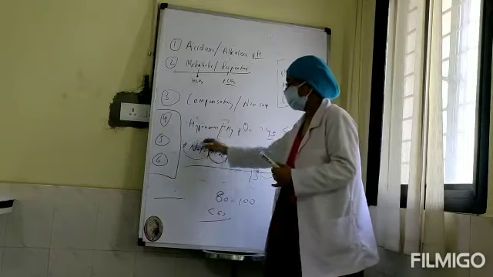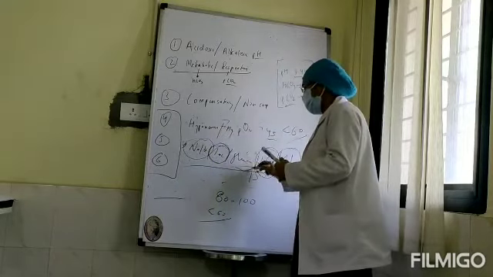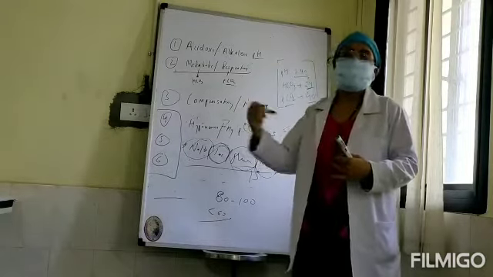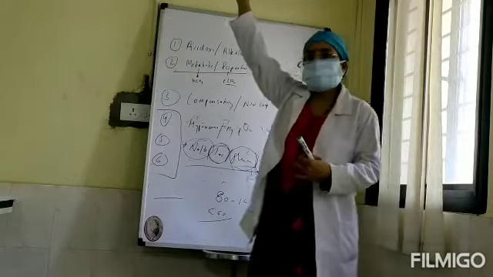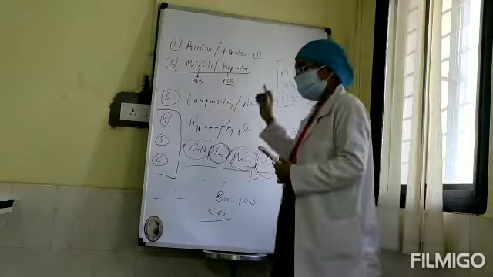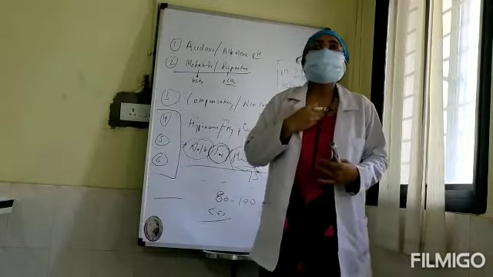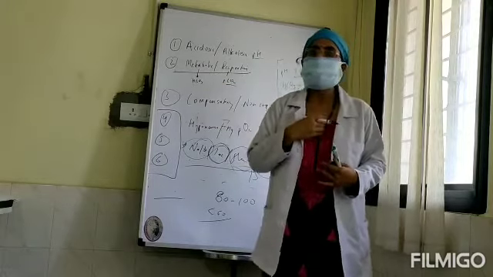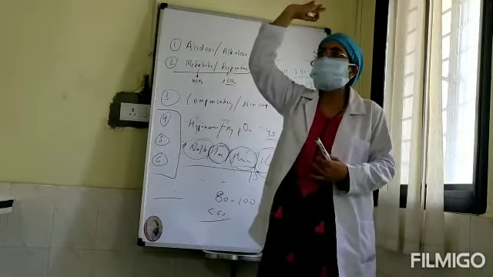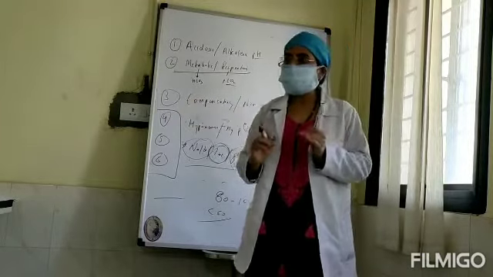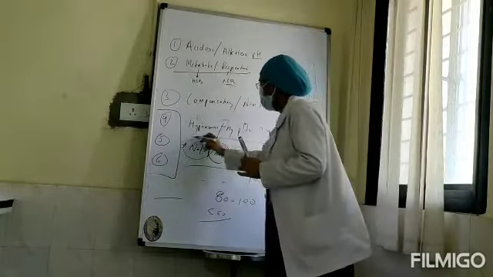Similarly, sodium and potassium are very helpful in your assessment. Glucose is again very helpful. Hypoglycemia you can see immediately and you can intervene. Rather than waiting for the lab report to come, at least on the spot you can diagnose and intervene, because we are clinicians and we are the best people who can interpret. If the potassium is some 10 or 15 and the child is stable, we are not going to intervene. So that is how these values are very important.